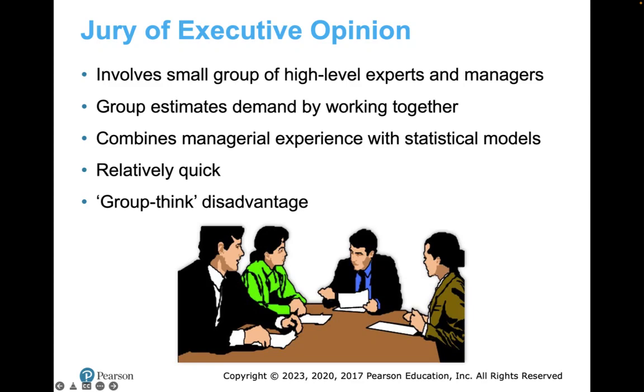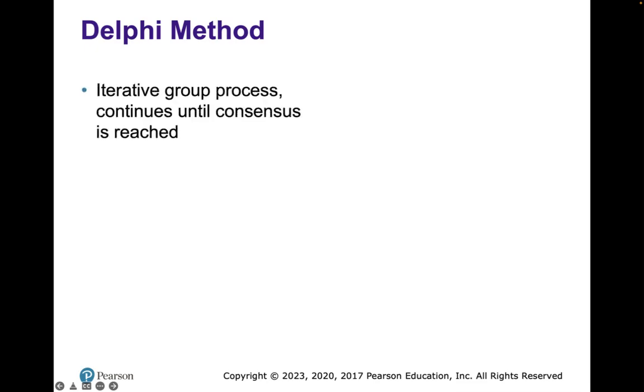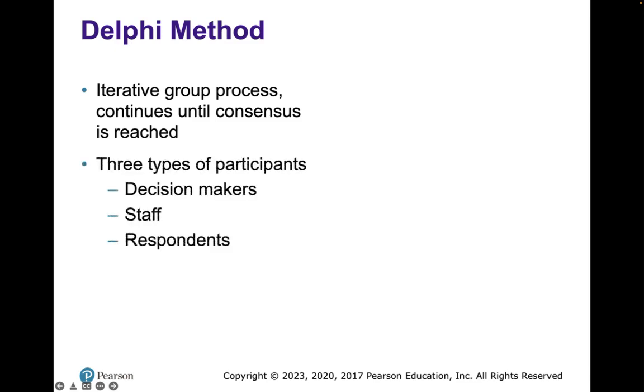So with that bias said, we're going to move on to the Delphi method. Okay, and this is actually one of the advantages of the Delphi method, you'll see in just one moment, that there is no groupthink. And the reason for that, well, once we break it down here. So again, it's an iterative group process. Basically what that means is that we just ask the same questions to our participants until we get sort of a consensus. So the consensus is reached not with everyone in one room. Okay, and let me give you an example in a second here.